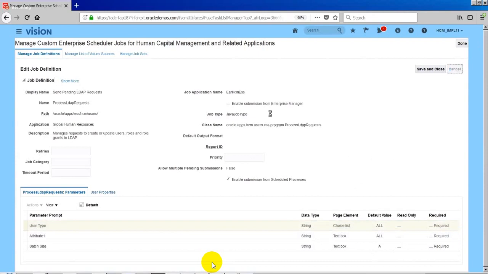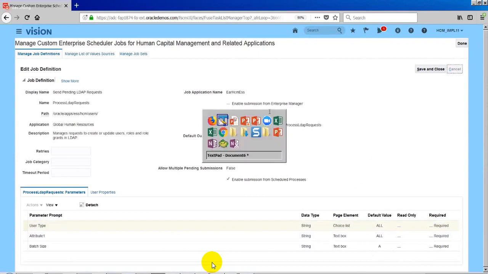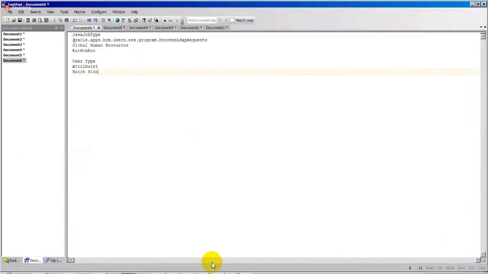So let's cancel it. As we have the program unit, I will create my own job definition with this program unit. Why can't I have my own program unit? Because with this instance, we don't have access to the DB or middleware. That's why I can't have my own program unit. But I can have my own BI Publisher report, and I will demonstrate that one as well.